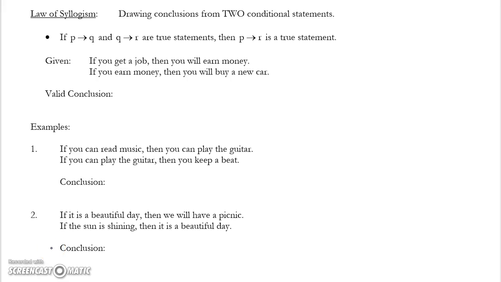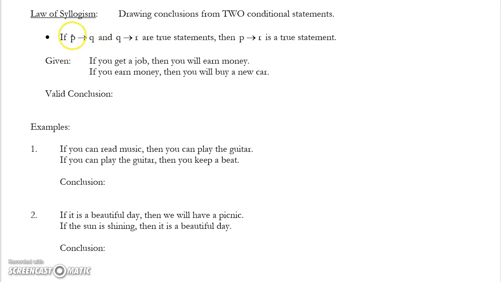So, as mentioned previously, the second type of deductive reasoning that we're going to talk about is called the law of syllogism. The other way that you'll hear this referred to sometimes is the chain rule. It's when we're drawing conclusions based on two or more conditional statements. Symbolically, what we would say is, if P, then Q, so if we can assume P and we conclude Q, we also know that if we assume Q, we can conclude R,